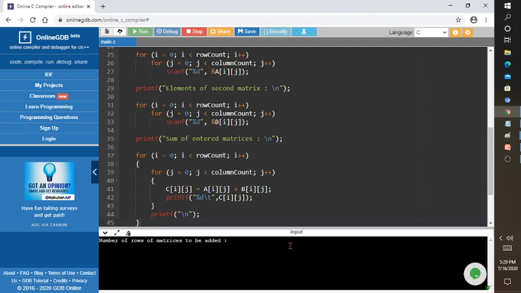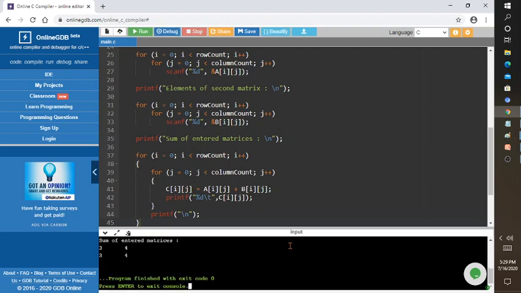Yeah. So I just enter the simple matrices. I'm giving 2 into 2, so that is 4 values. I'm giving the rows as 2, the rows of the first matrix 2, and the columns of the matrix 2. And then for the first matrix I'm giving 1, for understanding purposes, similarly then I'm giving 2. So in total I can give only 4 values for every matrix A and B. 1, 2, and then the second matrix, I'm adding with the 2, 4 values, 2, again 2, again 2, then you have to print the answer.